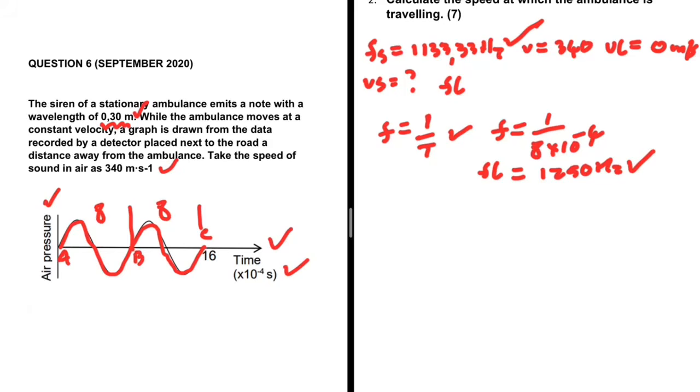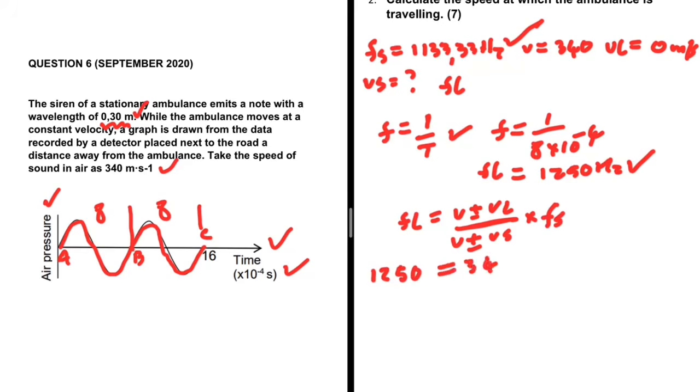So what are we saying? We're saying that FL, now that we have our variables, equals (V plus or minus VL) divided by (V plus or minus VS) multiplied by FS. So let's go ahead and substitute. FL, 1250, being equal to V, the speed of sound in air, that is 340. Our listener is stationary, plus or minus 0, divided by 340. The sound source is moving towards. When the sound source is moving towards, we have minus. So minus VS, multiplied by FS. FS, frequency emitted,